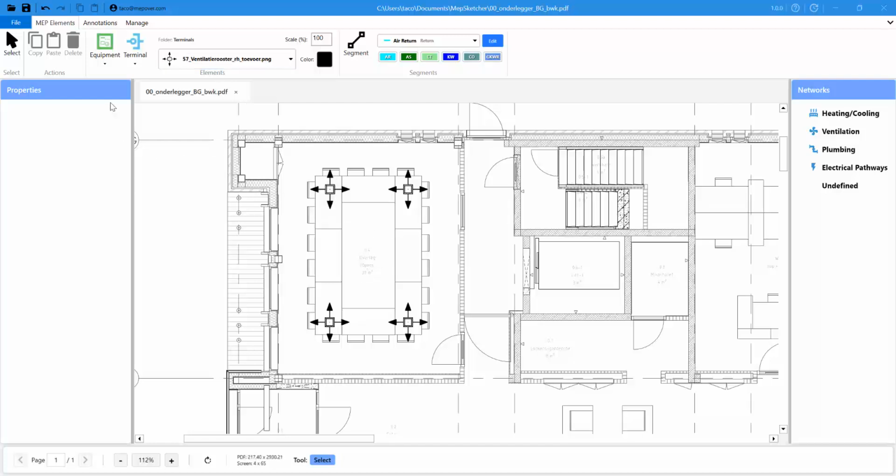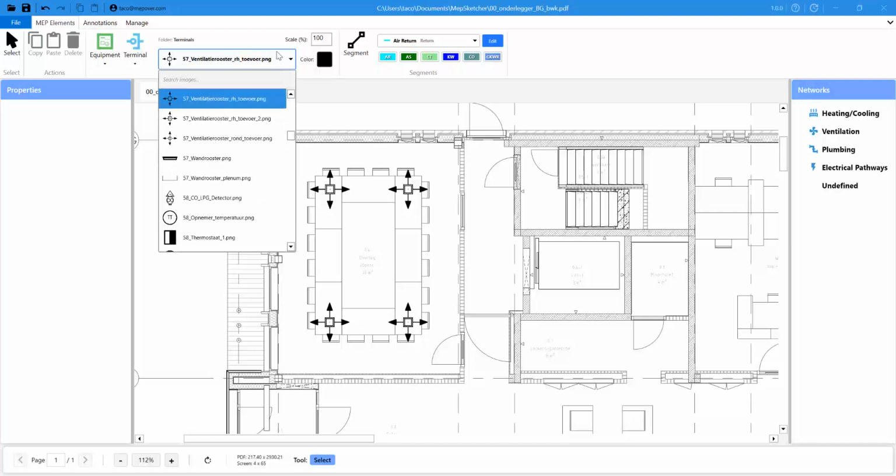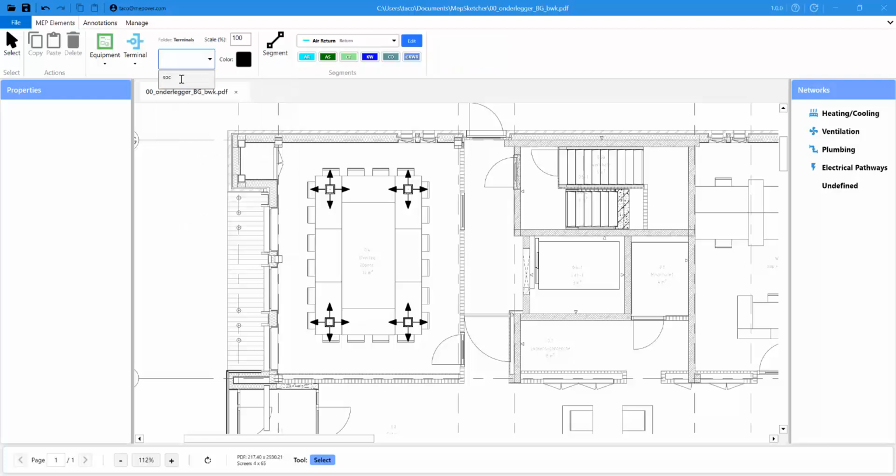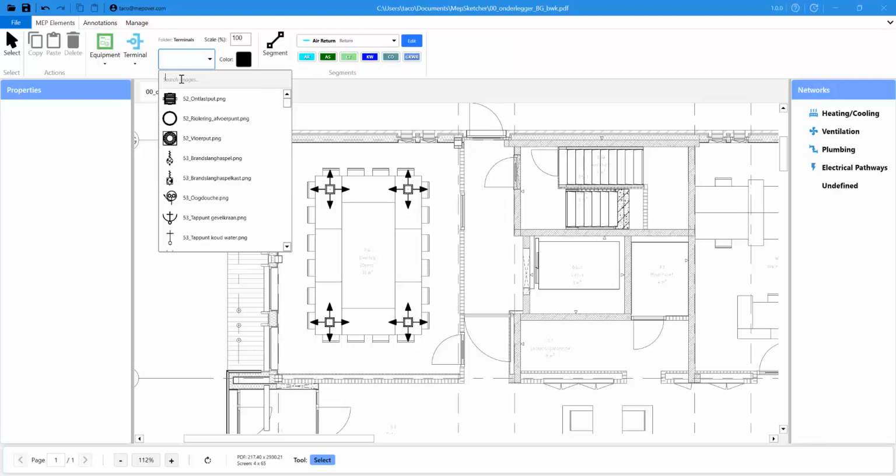Now let's go ahead and also place an electrical socket. Now if you want to search, you can also do this by going to the search bar over here and then just typing in whatever you want to find. Oh, I need to find the Dutch version, of course. I will show you how you can load in English translated terminals as well in a minute. So let's go ahead and place a socket,